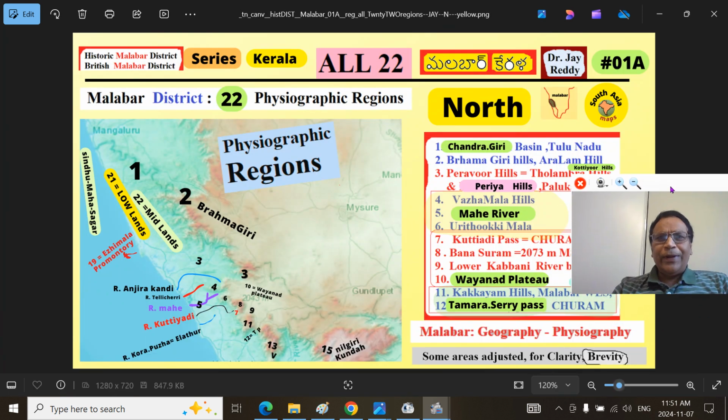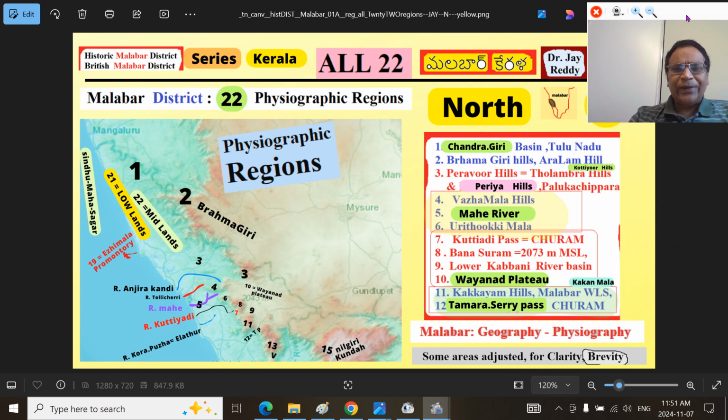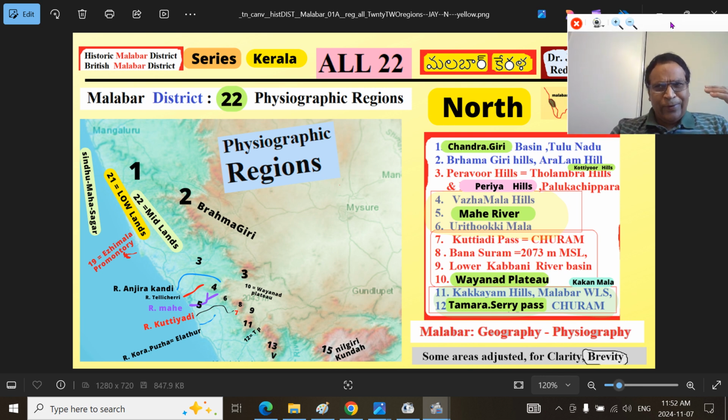What are the physiographic regions? I will read out the physiographic regions to you and explain a little bit. As usual, we will go through 1 or 2 physical maps where you will discern and get a deeper understanding of the region. The northern part is the Chandragiri Basin or Tulunadu region, essentially most of the